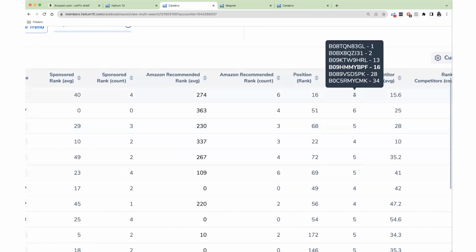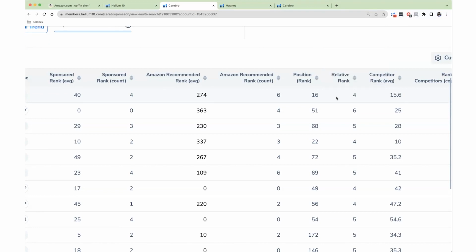And if I hover over that, you'll find that this is why the first product that you select inside of Ask X-Ray is going to be super important, because the bolded one is going to be your product. Now, if you don't have a product, just put in your primary competitor. But here you can see that I have 3 of my competitors ranking higher than me and a couple ranking below. And so my relative rank is going to be position 4. And as you remember, our minimum for relative rank was position 4. So these are keywords that my competitors are beating me on.